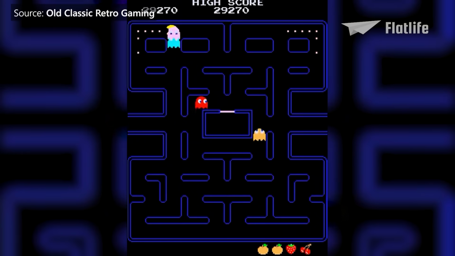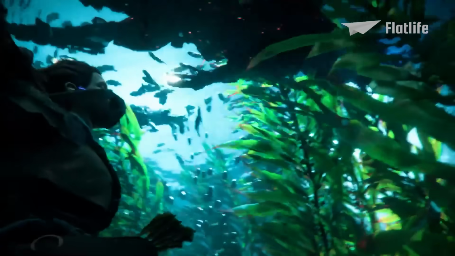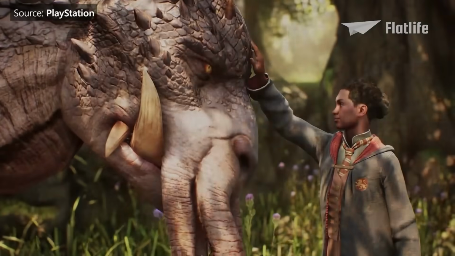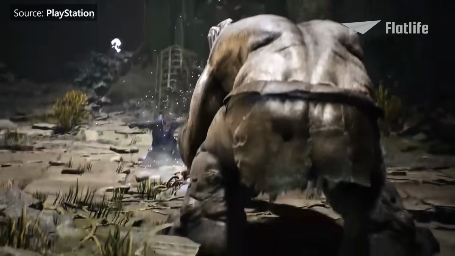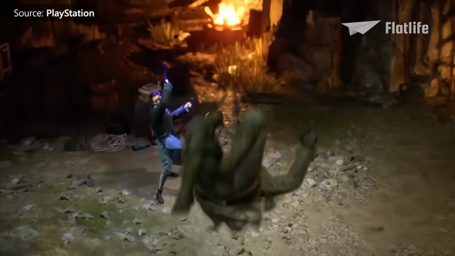It is truly unbelievable how much video game graphics have improved over the years. The graphics we have today are exactly what my 12-year-old self dreamed gaming would be in the future. I've no doubt game graphics will continue to evolve, and I can't wait to see what the future of gaming will bring us. But what form will it take?